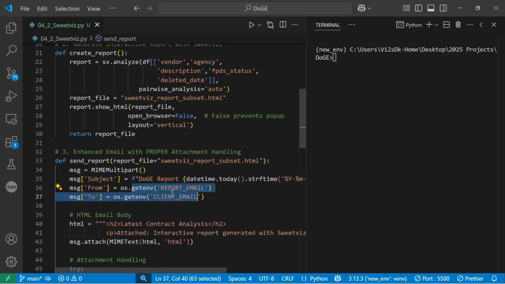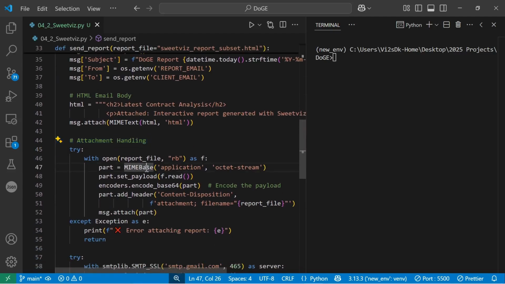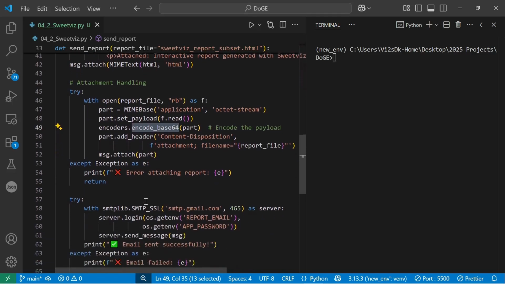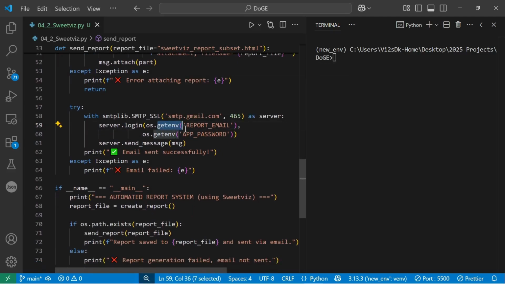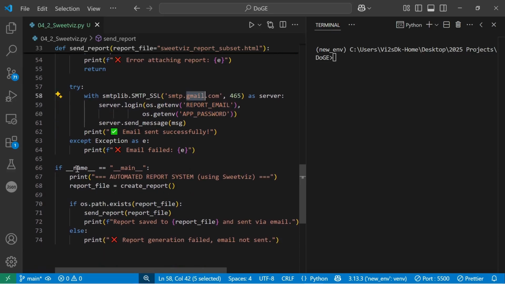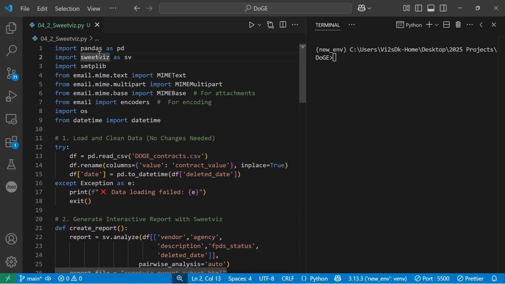For the email itself, we go ahead and pick up our environmental variables which we set up, and also enter the rest of the information we need. For the attachment, make sure we use rb, since we're reading it in binary mode. We use SMTP SSL, which is important for security, opening up our Gmail with the email and password that we've set up as environmental variables. The last part just makes sure that you're running it directly and not calling it as an import in another file. With that, we can now execute or